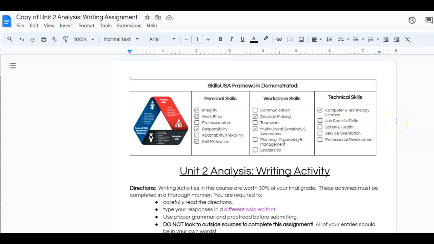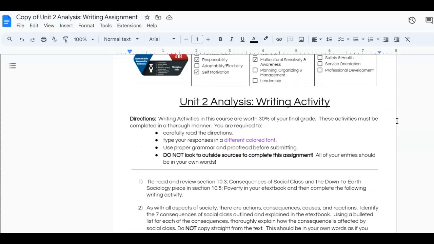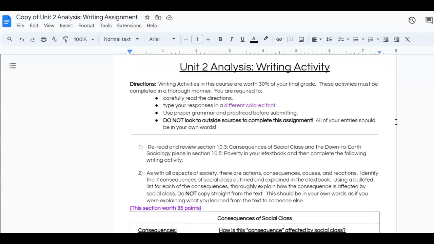All right. Inside of this Google Drive assignment, you are going to complete the Unit 2 analysis as you completed the Unit 1. So remember, I am providing you resources within this document. I am also sending you back to your textbook. You are not to go outside of the resources that I provide you within this document or outside of your textbook to complete this assignment. That means no looking for other things that are floating around out there, no using artificial intelligence, none of that.